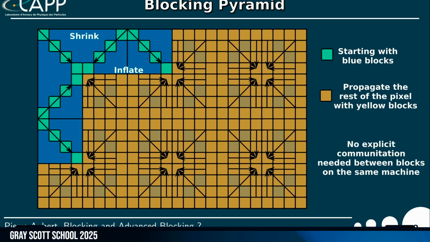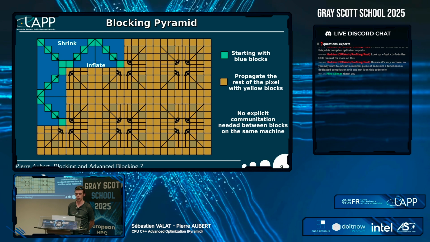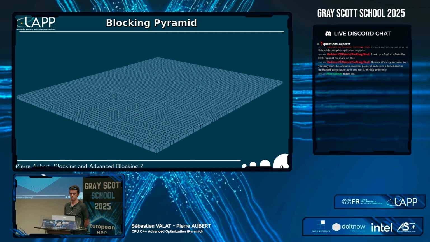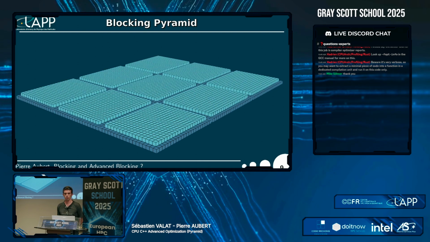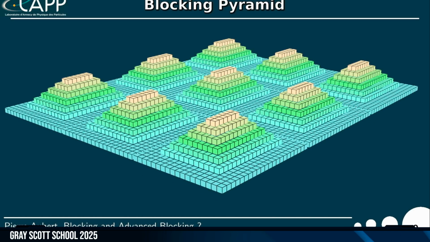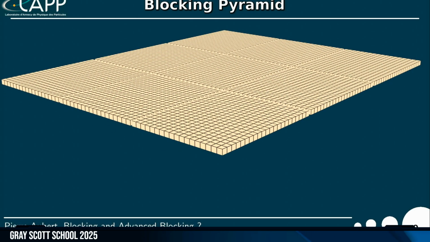There is no explicit communication needed for this implementation because I'm lazy, but of course it's working on one single blade server, not on several servers, because you have to do some communication at some point. But for single-core and multiple-core implementations, it's okay. So in 3D, it's something like this. We go into the future, we update the block together, and then once we reach the tip of the pyramid, we do the opposite, and we get back the values at the time we want. And then we can do it again, depending on how far into the future we want to compute with this method.